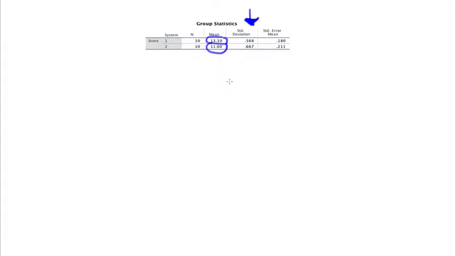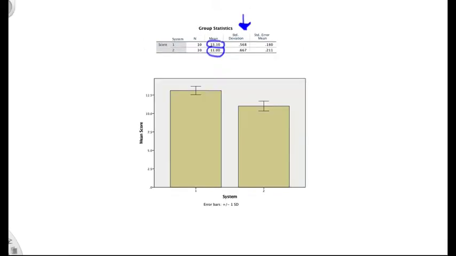So what I want to do is look at a bar graph with error bars to indicate the standard deviations. So here we are, and you can see the error bars here indicating the standard deviation. So this is one standard deviation about the mean. So here's the mean for system 1, and the standard deviation ranges. Lowest value is around there, not quite drawn that very well, highest value is around there, and the mean for